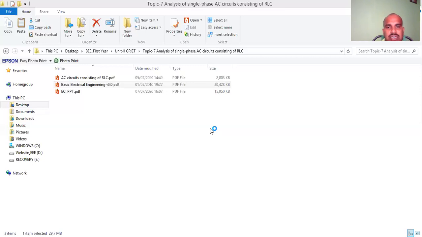So first of all, we find the Z value. Z value is equal to V by I. V value is 400 and I value is 10, the voltage is 400 volts. 400 by 10, 40 ohms. So Z equal to 40 equal to root of R square plus (15.73 minus XC) square. So we find out the XC value. XC equal to 1 by 2 pi FC. So C value is 2.0 into 10 to the power minus 3 farad or 20.23 millifarad.